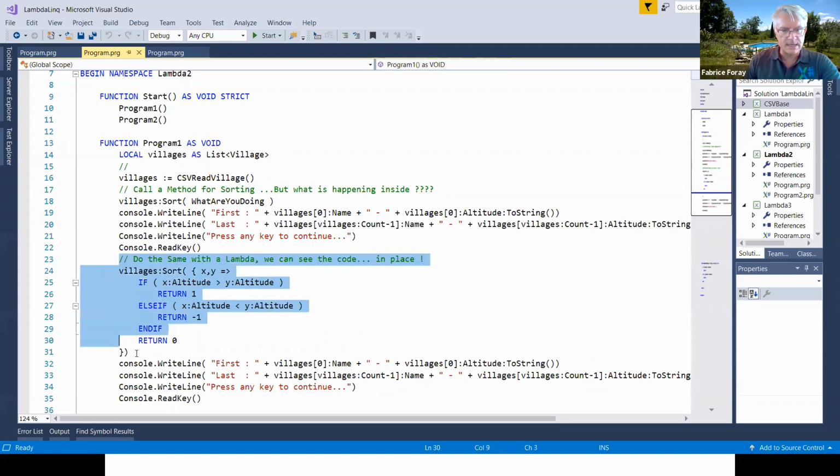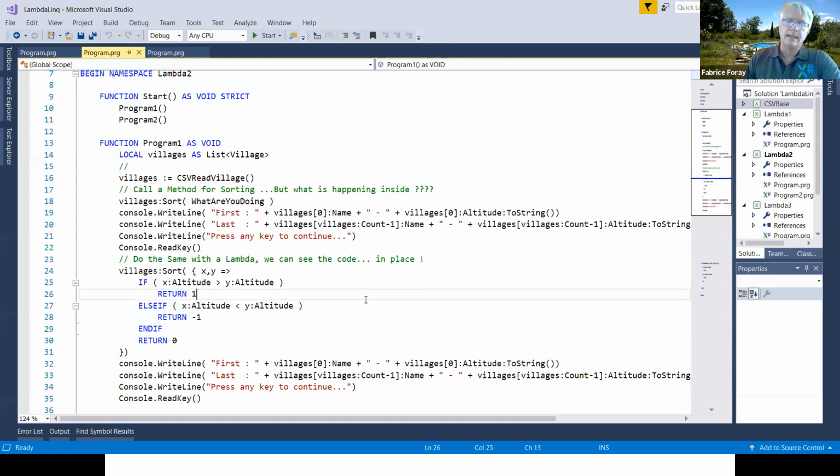If you look a little bit down, you can see that I'm doing the same thing. I'm also using a sort, but this time I'm using a Lambda expression in order to do the job. In my point of view, one of the advantages is that you have the code in place. So you can see, whether it is your code or the code of somebody else, exactly what's happening in the sort operation because you have the sorting algorithm under your eyes. So if I run that,